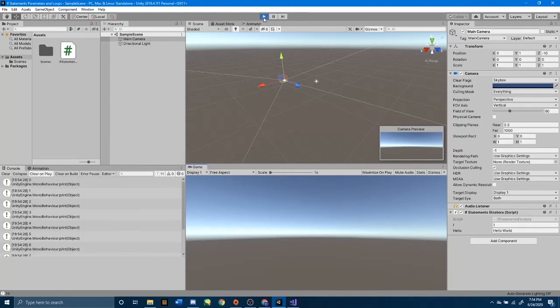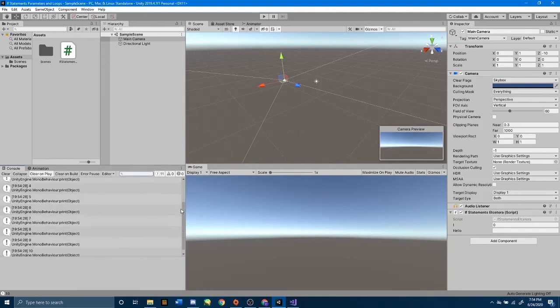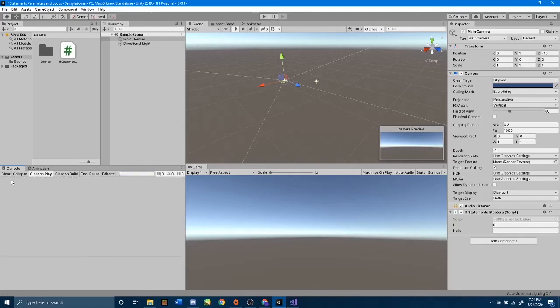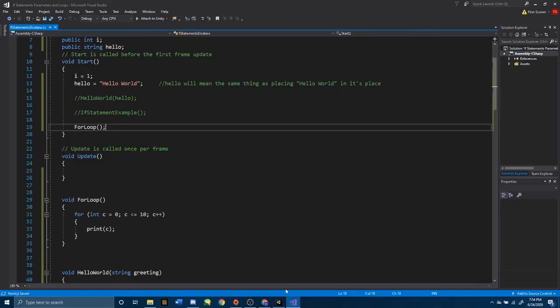I'm going to press play again to exit play mode, and now we can see in our console that we have 11 different messages, each telling us the value of c. We've got 0, 1, 2, 3, 4, 5, 6, 7, 8, 9, and 10. I'm going to press clear, and to give you another quick demonstration about parameters,